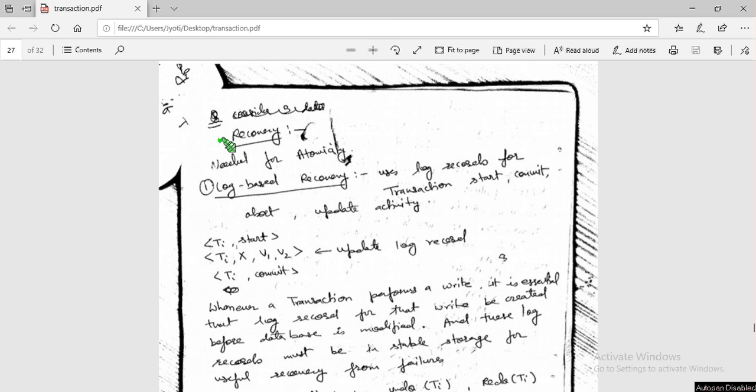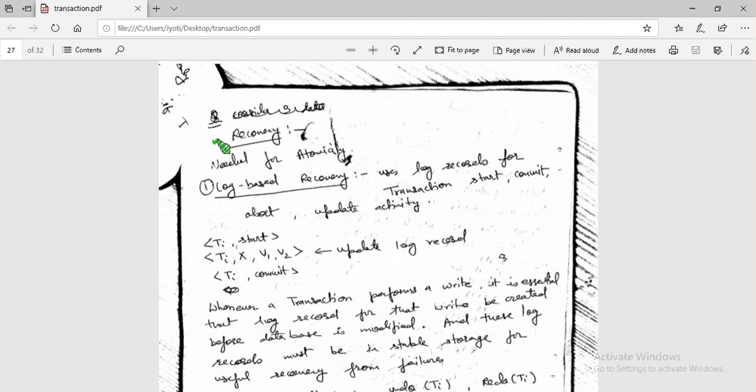Multiple times we have used the word rollback. Rollback is necessary for maintaining the atomicity property. Atomicity means if some transaction has failed in between, then bring it to the original state. Original means before the start of the transaction, so we have to roll back all the operations from the start to the mid at the time of failure, because the transaction has not completed. That is also known as recovery.